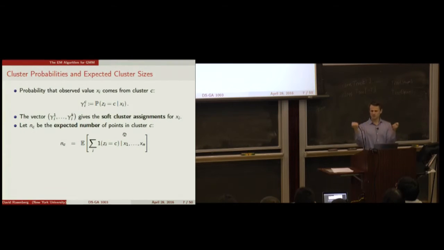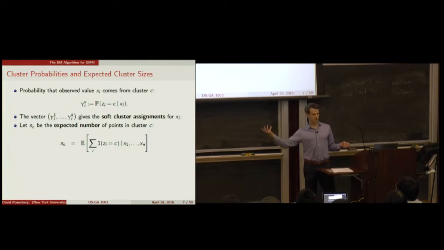I said the probability and expectation were kind of interchangeable. I just thought I'd work that out for you since I got some uncertain stares last time. So let's define n sub c as the expected number of points in cluster C for the data that we see. So expectation of the sum, indicator of zi equals c. If the cluster for xi, which is zi, is equal to c, then this expression is 1, otherwise it's 0. We're adding up across all data points how many zi's are equal to c. So if this is a random variable, if we knew what it was, that would be the number of points